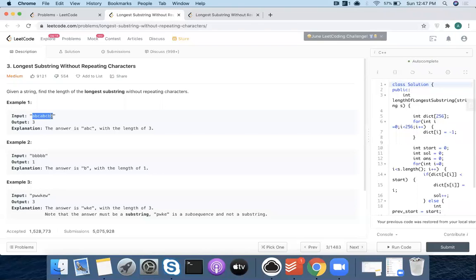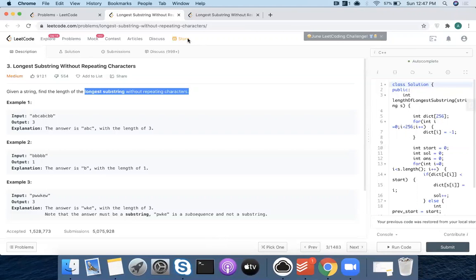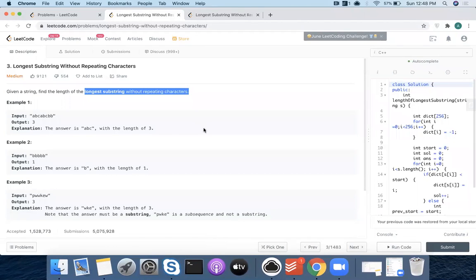So if there are n square possibilities, you need to find the longest. In how much time can we solve this? There are only n square substrings, right? You just need to find the longest substring without any repeating character. The problem is broken down into simple terms, right? There are n square strings. For every string you need to check its length and whether it has any repeating character or not. If there are n square strings, so n square, correct? In order of one time, you will know if there are repeating characters in a substring.